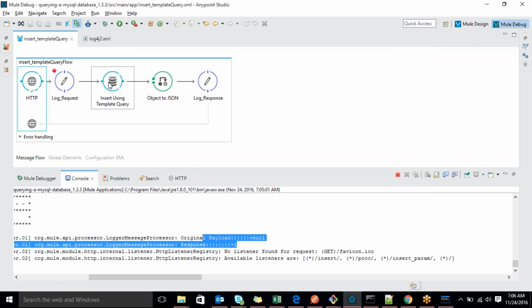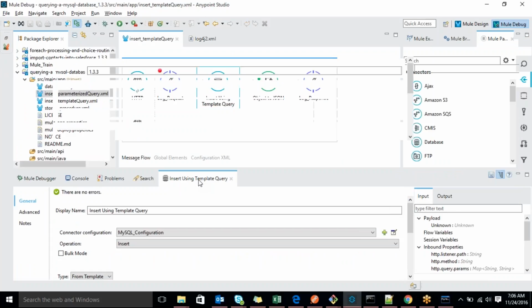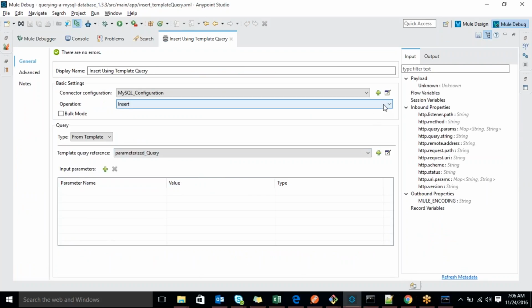So this is what I'm trying to say here. The operation is different here. Previously we saw a select. Now it's an insert. Previously we saw that the query type is dynamic. Now we are talking about the template type.